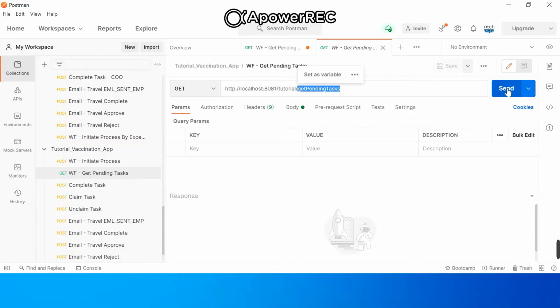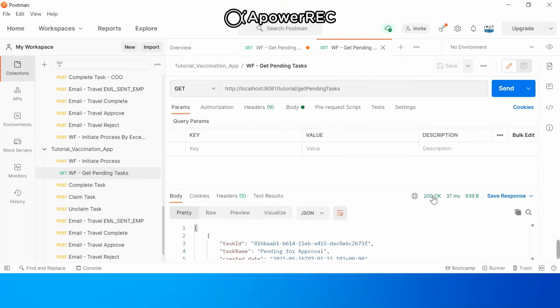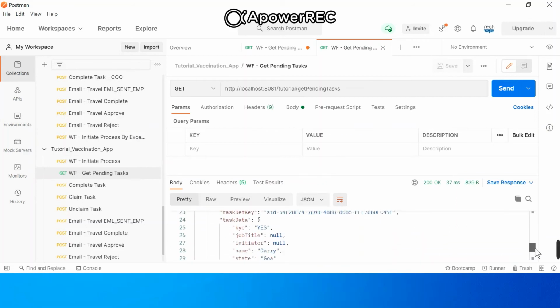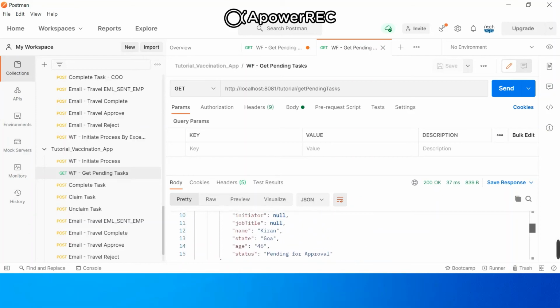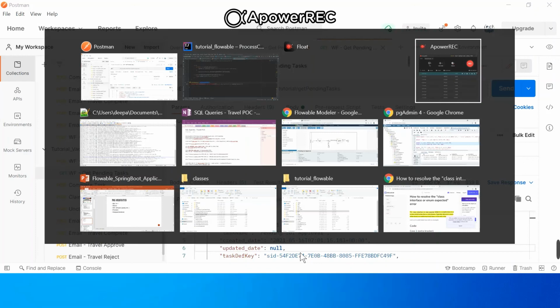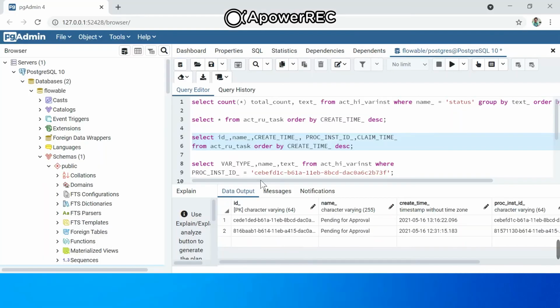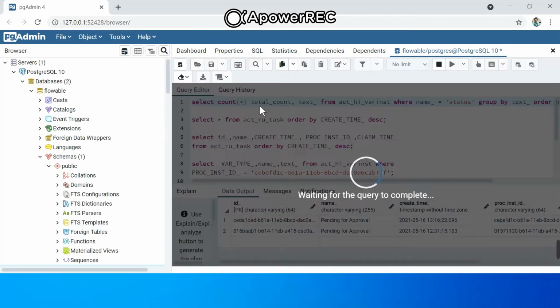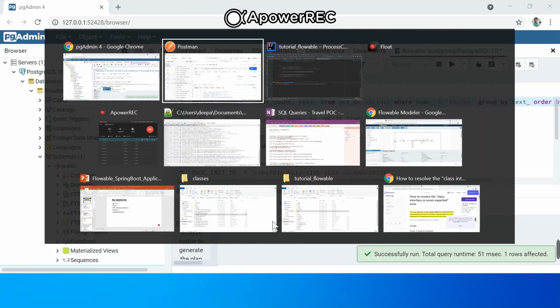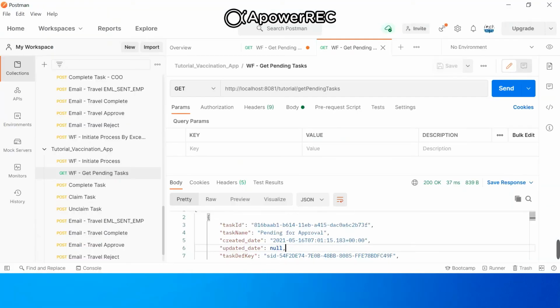If I execute this, it gives me the response 200 OK, and in the response you can see I am getting the task details. We have the two tasks with the task ID, name, and other variables. Because in the database we have two tasks, they are successfully retrieved using this API.